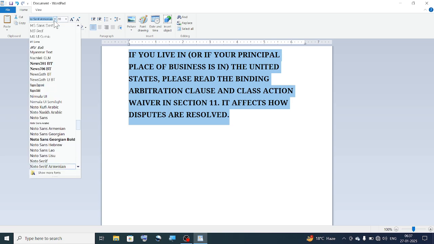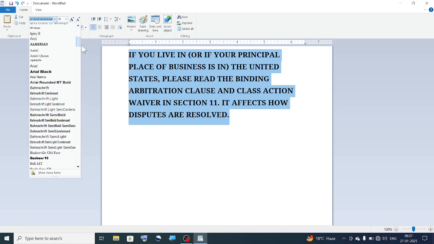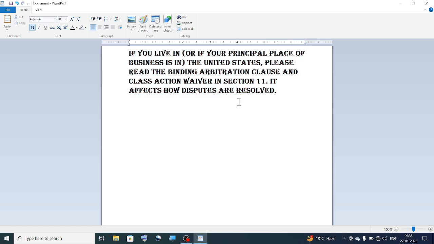So next font. My favorite font is this. Look, see. Wow. Then Ctrl+A means select all. Click the bold option. Bold option means